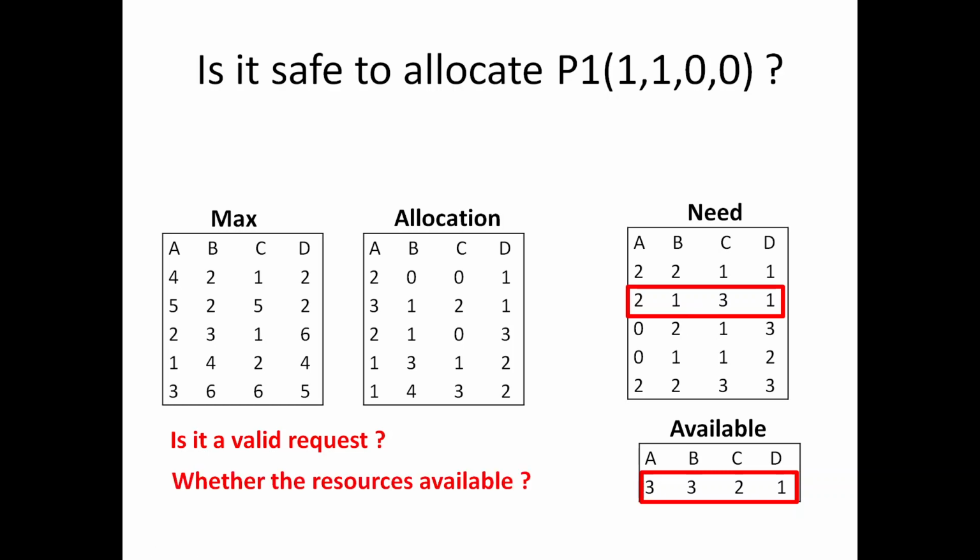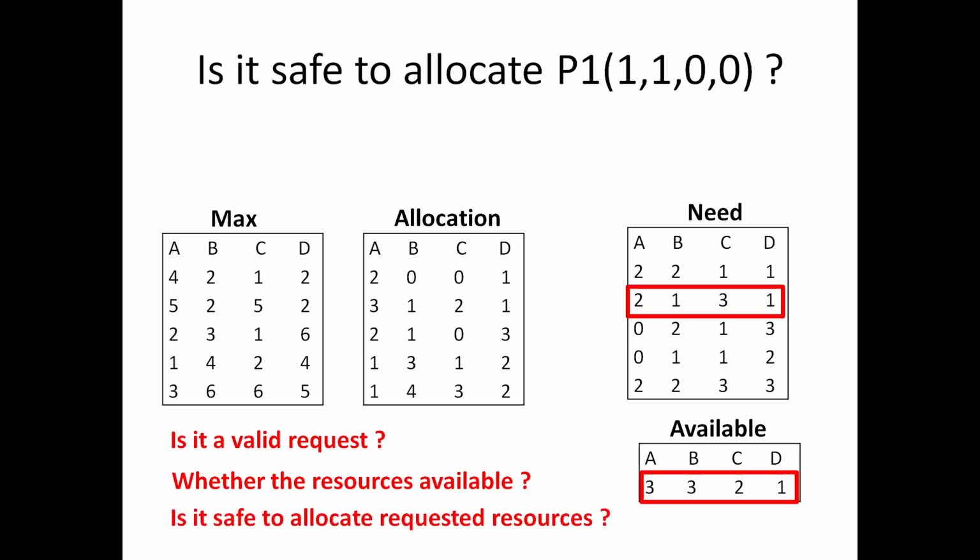So it is valid. Next is whether the resources are currently available. It seems the resources are available. If the resources are not available, then we don't even need to go to the Banker's algorithm. We can straight away decline the request, saying that currently resources are not available. So now that it is a valid request and resources are also available, we can now proceed to the next